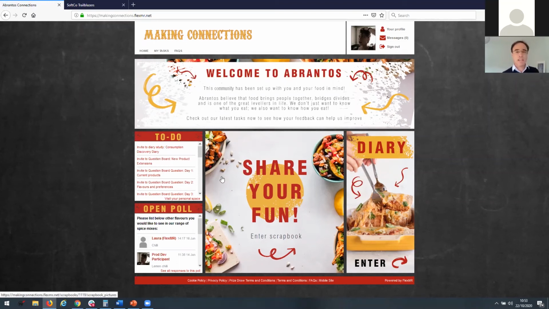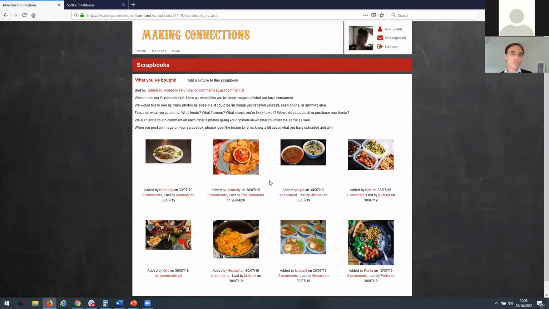To make it creative, and I want lots of rich photographs, as we know, got some in the diary study, I've created a scrapbook. This is a shared collaborative task. All 50 can take part. I've uploaded some photographs. What I want is photographs of people's shared experiences. The joy of Mexican food is in the sharing. I want to bring that to life. The diary study is helping, but I want as many photographs as possible.